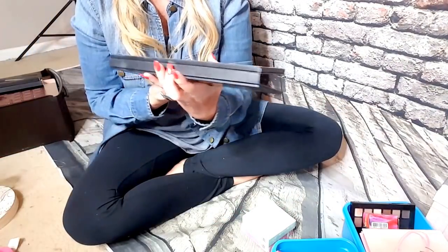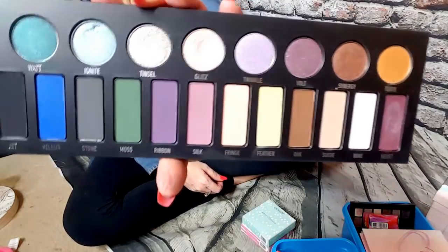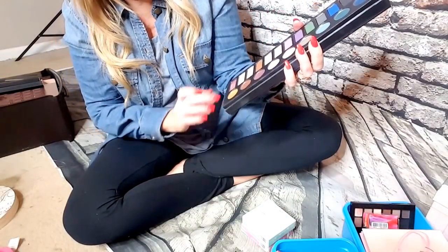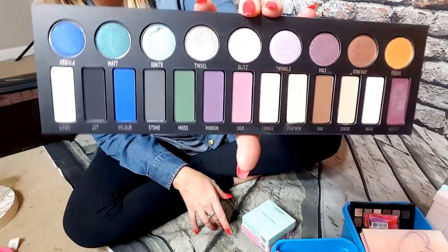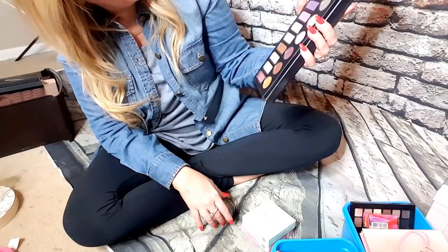The Metal and Mattes palette. These are really, really pigmented colors. They're really pretty. It's just, I don't like cool tones, as you guys know. I don't wear cool tones, and this was a limited edition palette, but I know in my heart I'll never wear these colors, so